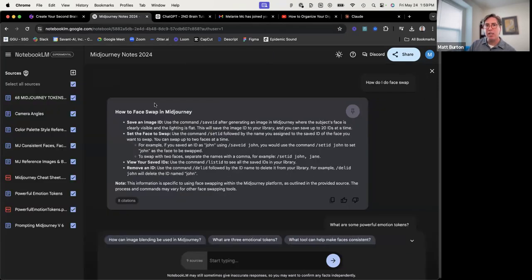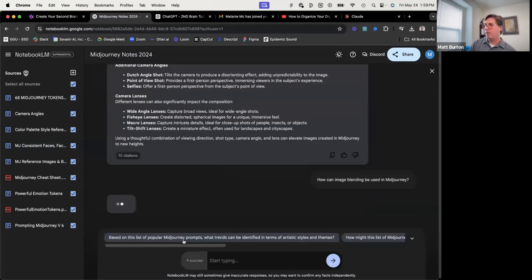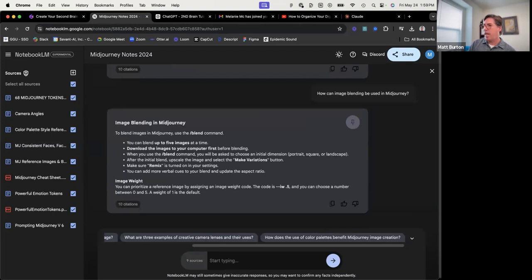And now that I brought these specific documents in, I can query these specific documents. So I'm not going out to the web, but I'm going to my personal set of documents. And I think that's great. So it doesn't just search for files and folders on my computer. I have brought in the files I want to focus on and created a notebook in NotebookLM, and then I can query it. I can get really quick answers on image blending or any topic that you can imagine.